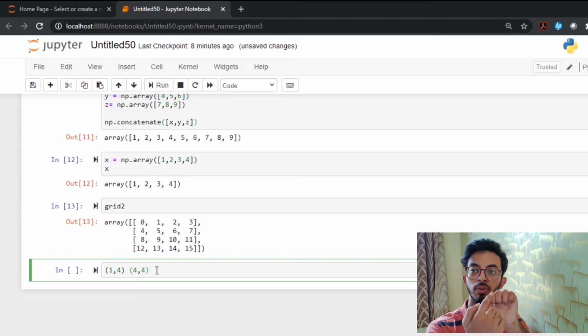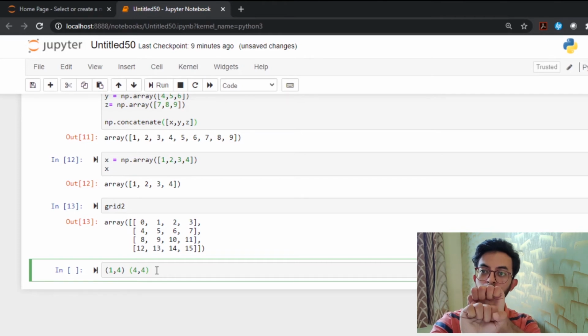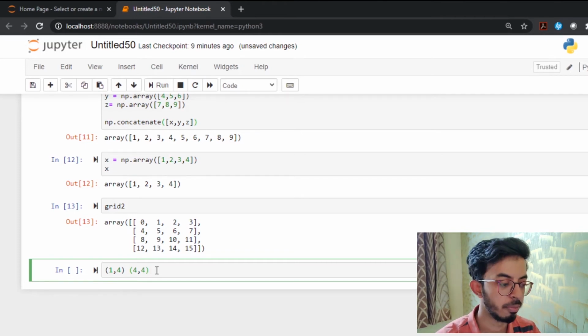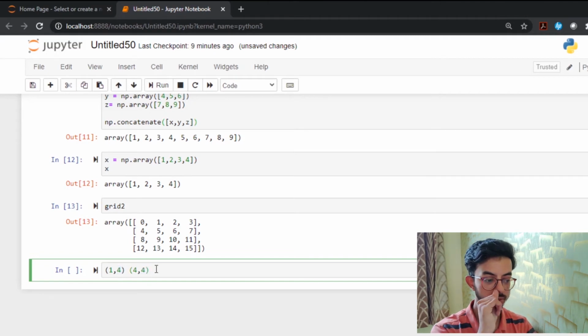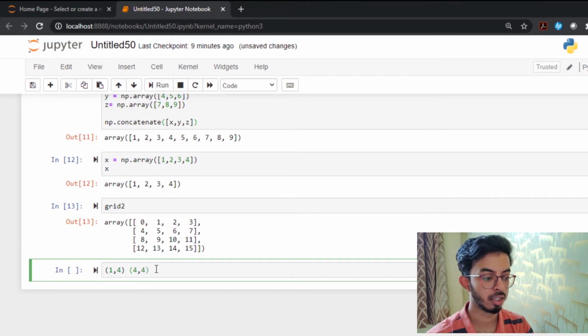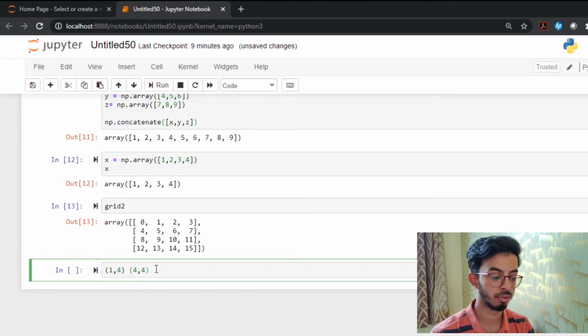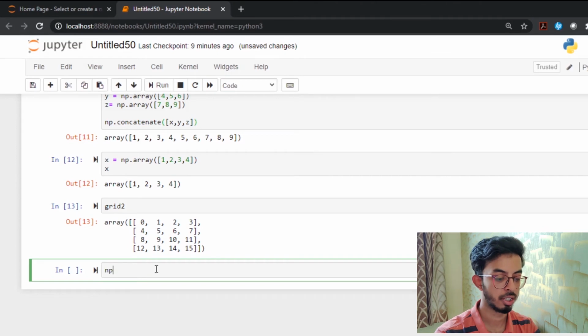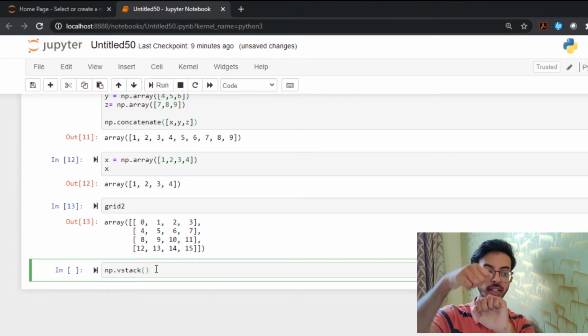So these are the 4 stacks, and you need to put them on another 4. So you need to have the number of columns be equal. I mean, this 4 should match with this 4. So this is how the vertical stacking would work. Otherwise it will throw you an error. Just np.vstack. So you're stacking vertically.